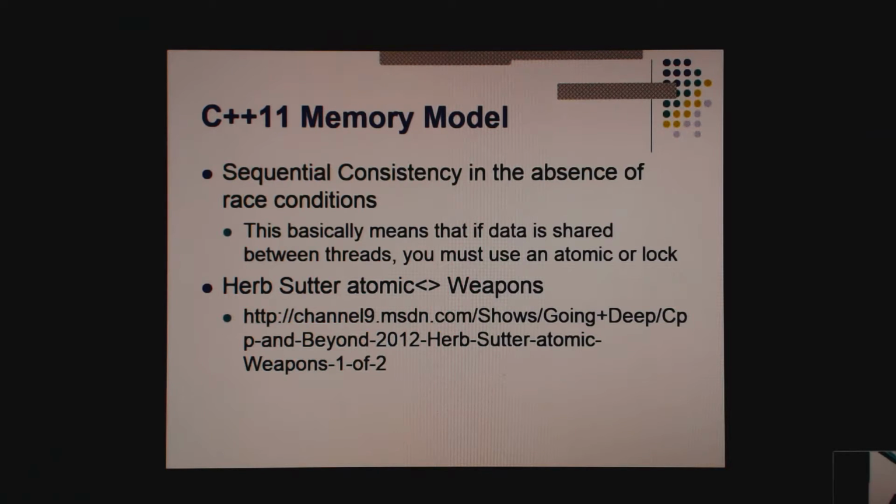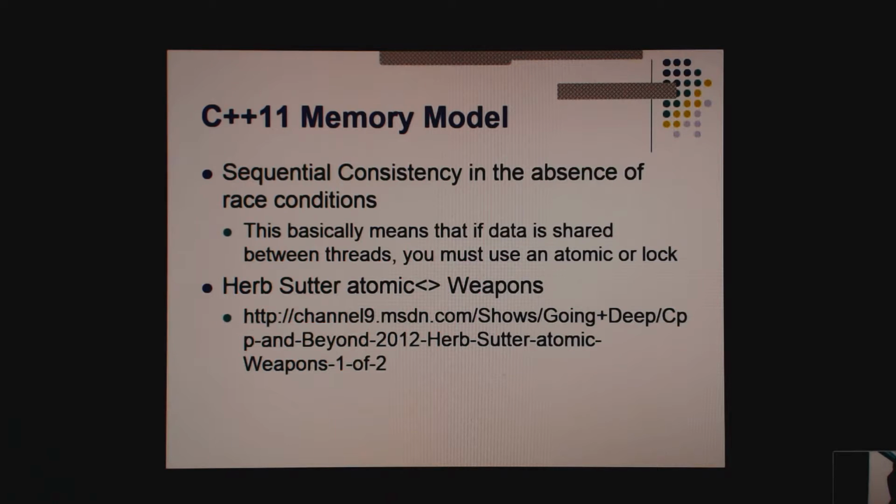There's a very complicated definition of the memory model in C++11, but the catchphrase version of it is sequential consistency in the absence of race conditions. Okay, so what this means is that if data is shared between threads, you can never access it except within a lock or through an atomic operation.